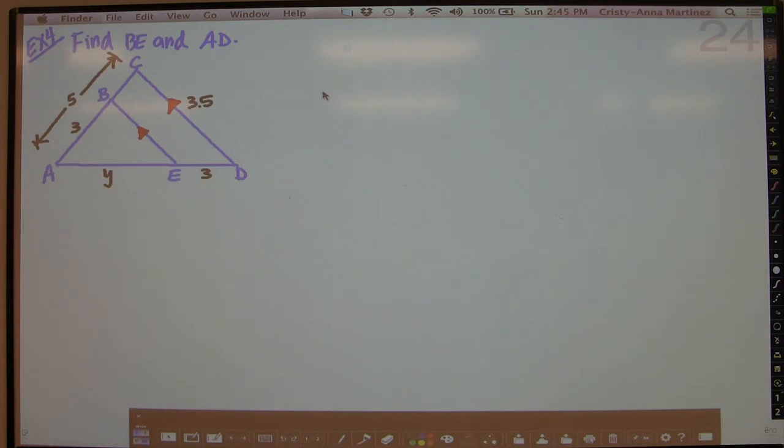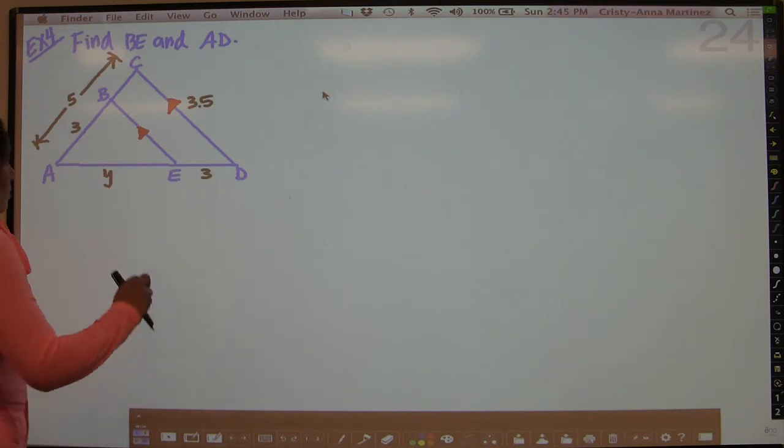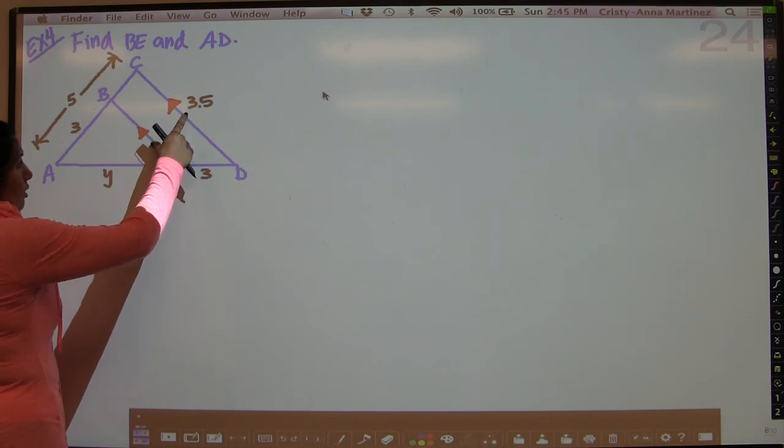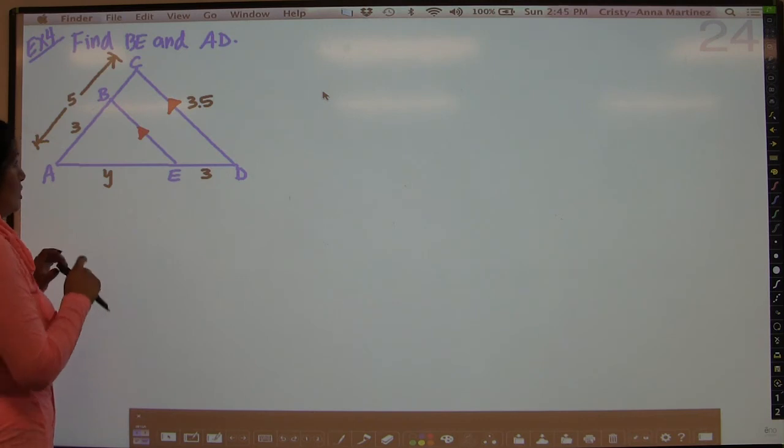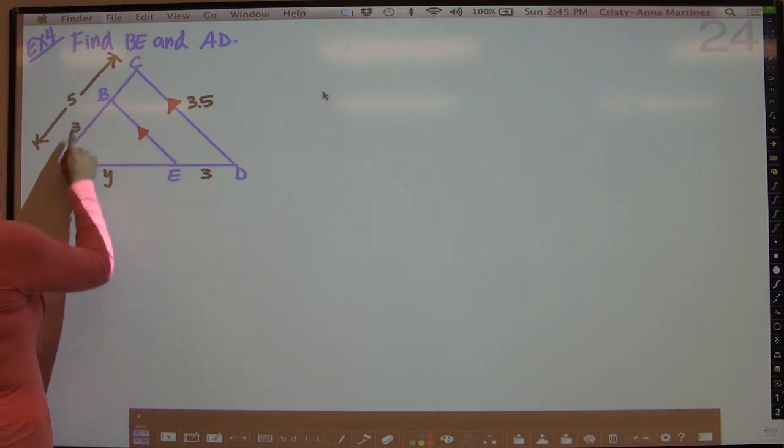Alrighty? So before we can do that, we have to determine that the triangles are actually similar. So our first step is to determine whether or not the triangles are similar, and then we can go from there. So this is a lot like the one that we just did earlier. This time we actually know that these are parallel. So we can determine by angle-angle similarity that the two triangles,